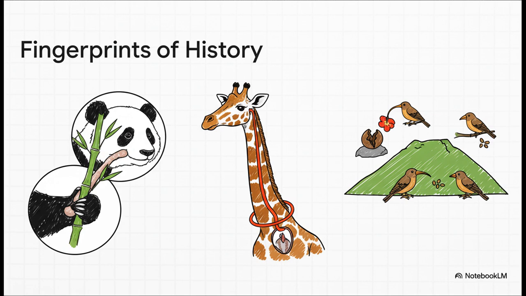The panda's thumb? It's not a real thumb at all. It's just a modified wrist bone that's been sort of jury-rigged to help it hold bamboo. Or, and this one's wild, the recurrent laryngeal nerve in a giraffe. To get from the brain to the voice box, just a few inches away, it goes all the way down the neck, loops around an artery near the heart, and comes all the way back up. It's an absolutely bonkers detour that makes zero sense, until you realize it follows the path it inherited from our fish ancestors. It's the same history that explains why islands have such unique creatures, like all those different Galapagos finches, who all evolved from just one type of ancestor that got blown out there long ago.